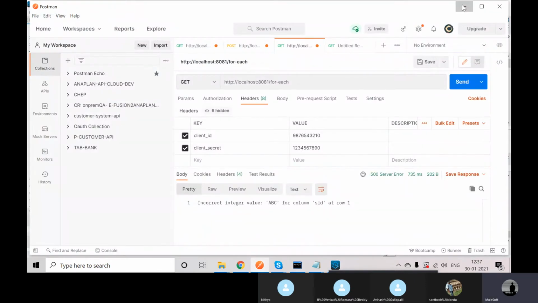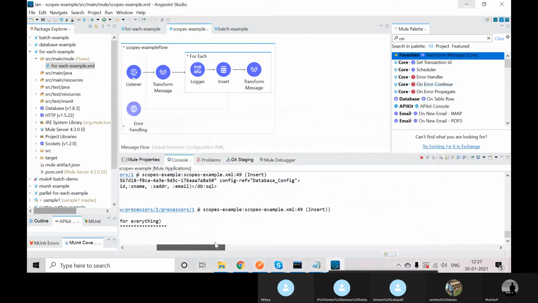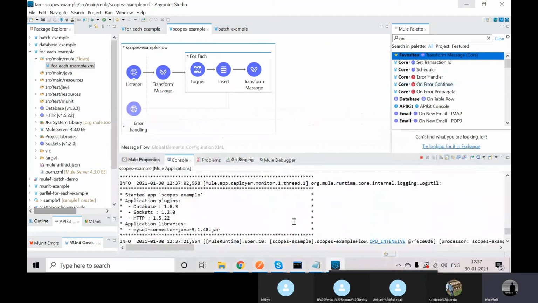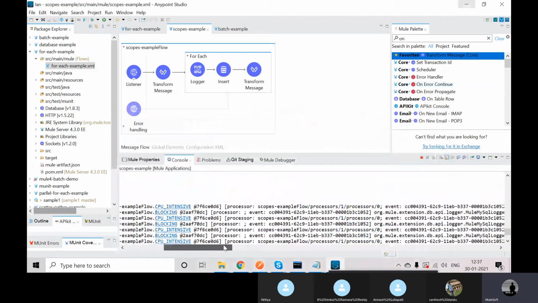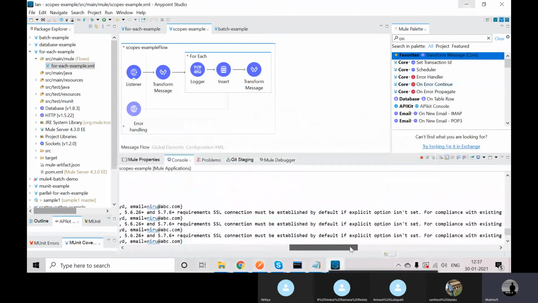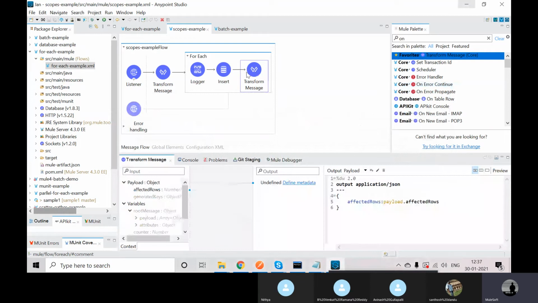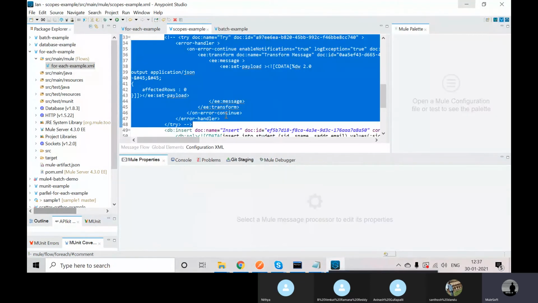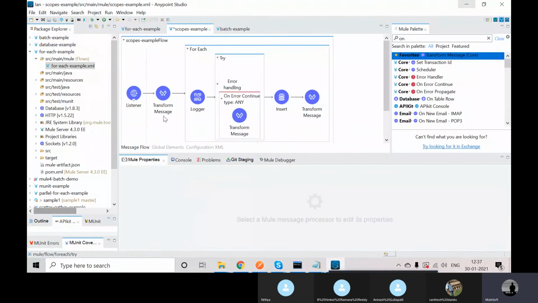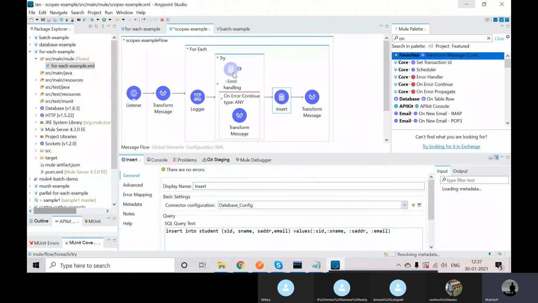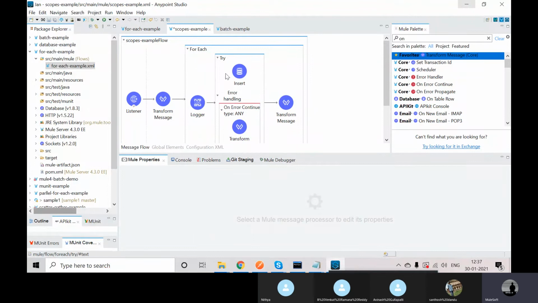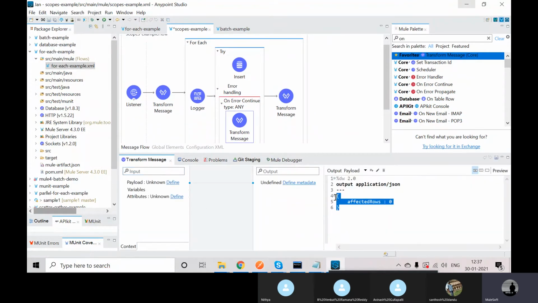Now here you can see in the logger, so that you have to print. It's a simple thing, there is nothing more. I enable this. So in the try catch I'll place this database. Nothing will happen. If you get any error, automatically it will come here, it will set this data and it will process.